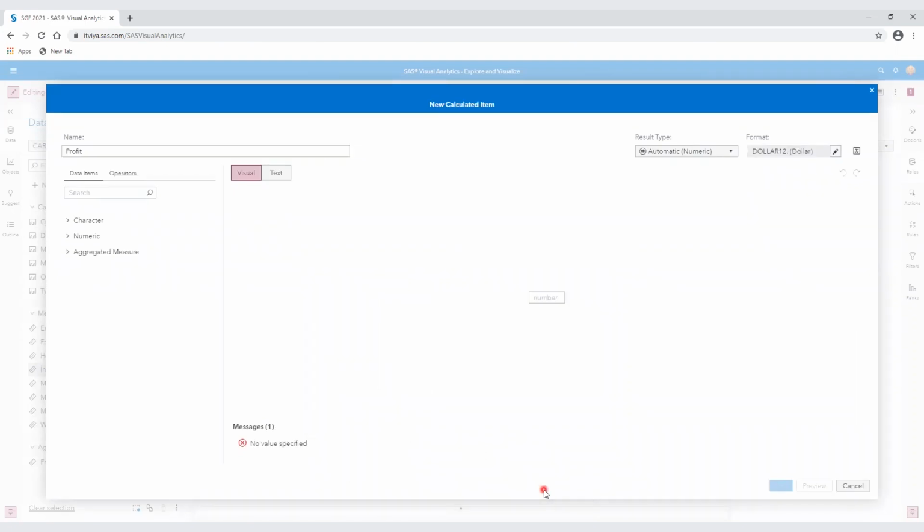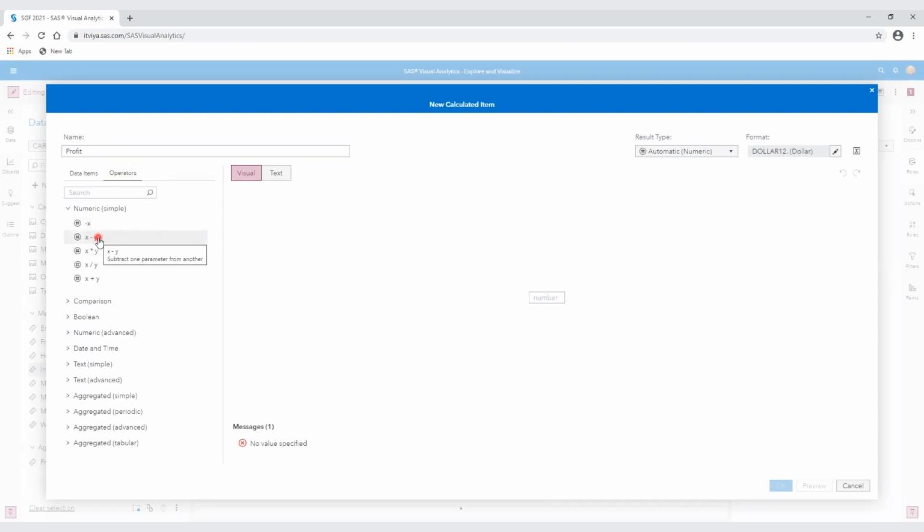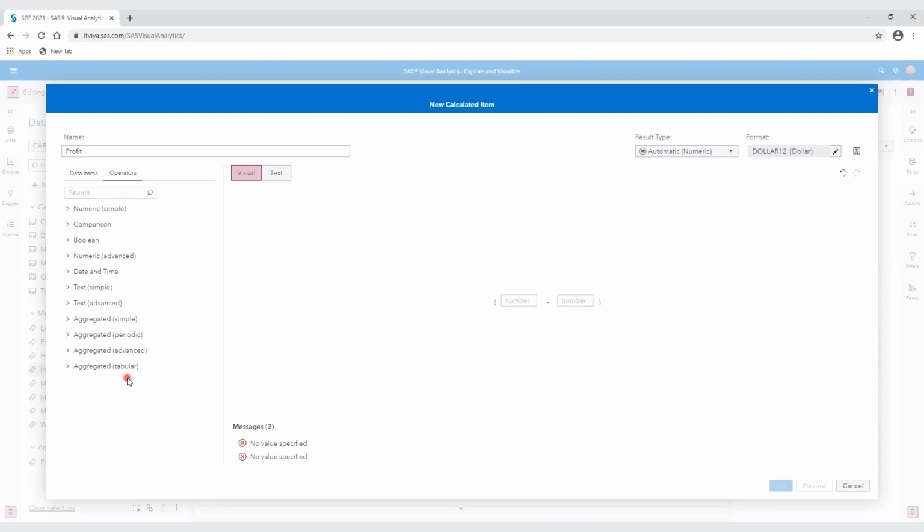So let's calculate that. I'm going to click on operators, and this is going to be numeric, simple. It's just simple subtraction. So x minus y. I'm going to drag that in. You see, we have all the usual arithmetic operators here and additional operators that fall into other categories: date and time, text, aggregations.